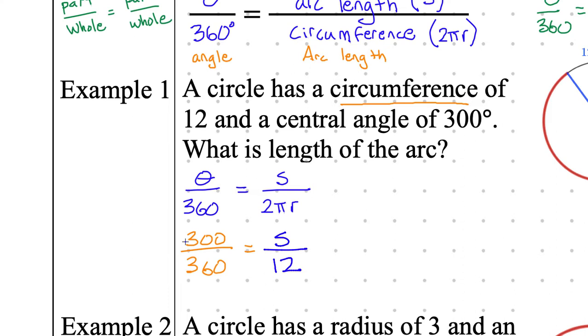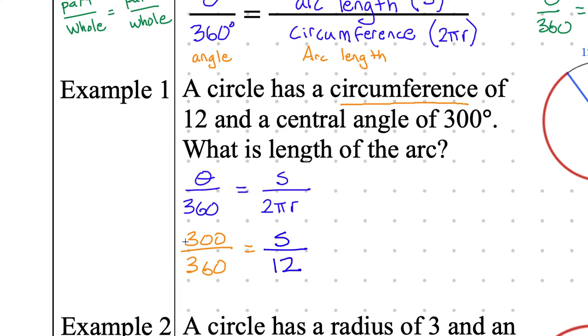I just want to make sure everyone understands. This 2 pi r is circumference. And if it says the circumference is 12, well, we can just say that's 12. So if you don't like writing 2 pi r and you think that's going to confuse you, you can just write C for circumference. I like writing 2 pi r because it's going to help us, I think, especially in future examples.